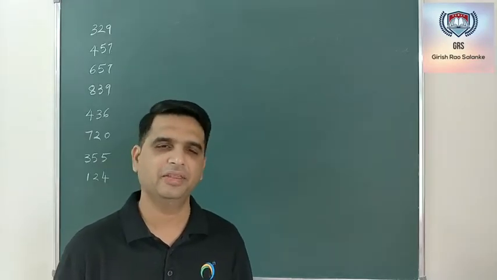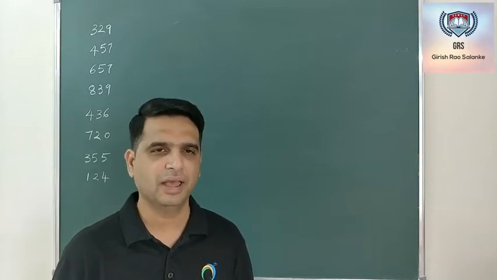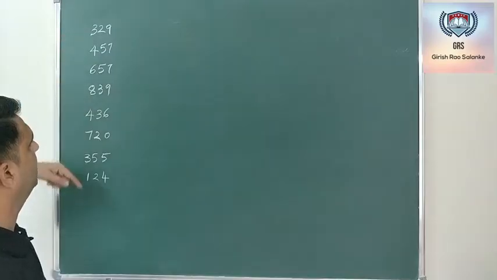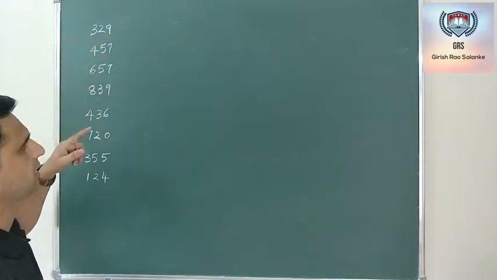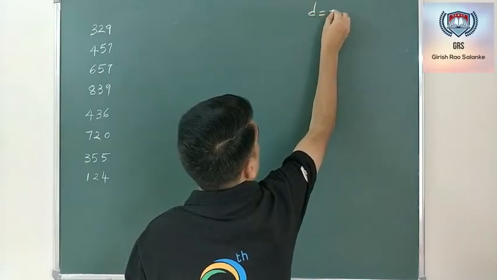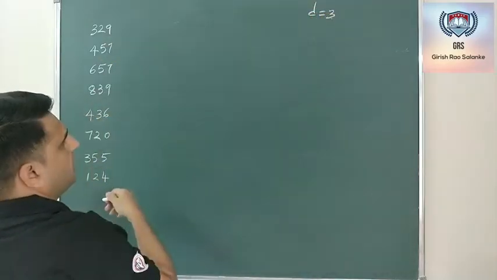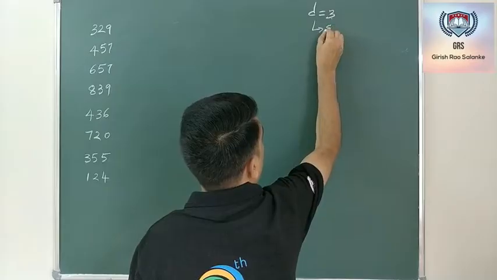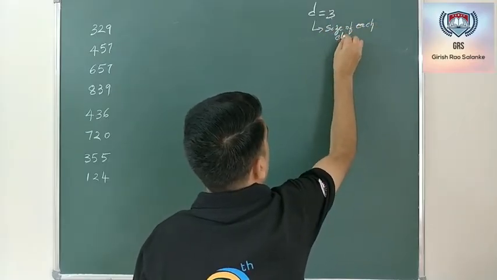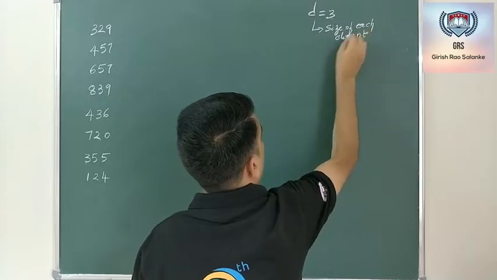Let us see how exactly radix sort works. I have taken 8 elements. If you see, each of these elements has a size of 3, in the sense that my d value is 3 here. d denotes the size of each element, or I can say the number of digits.